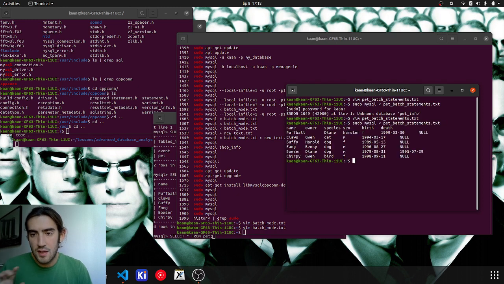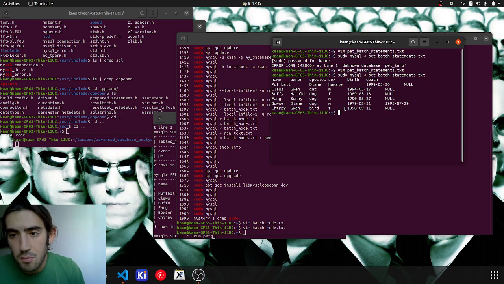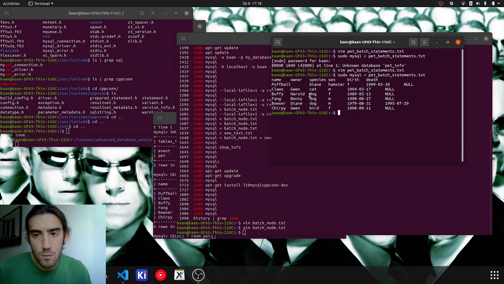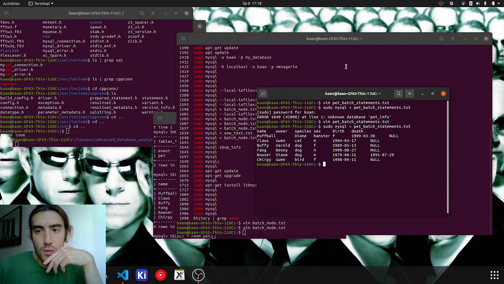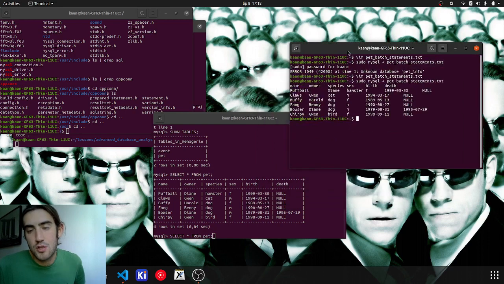Now when we execute this, as you can see from the terminal, we can list all of the distinct entries in this database. We have the name of the pets, the owner of the pets, the species, and the birth and death dates as well. So now my point is that, as all of you probably know, executing MySQL statements after launching MySQL